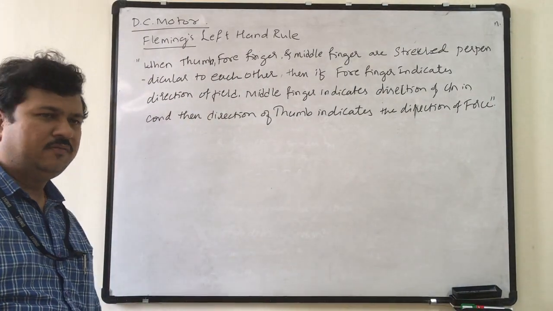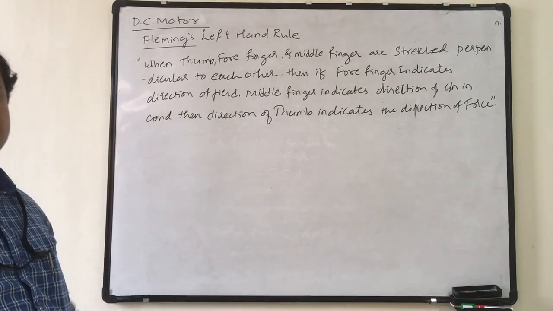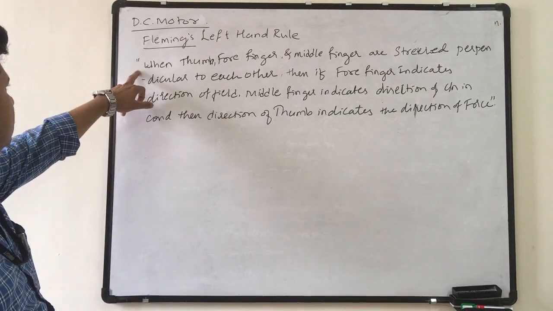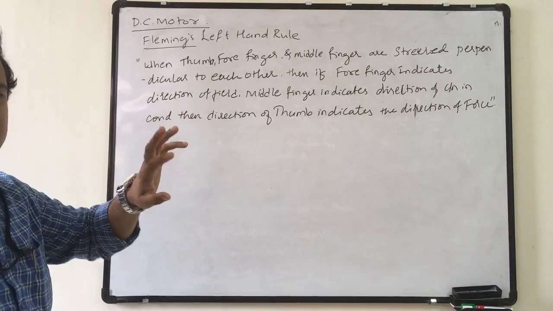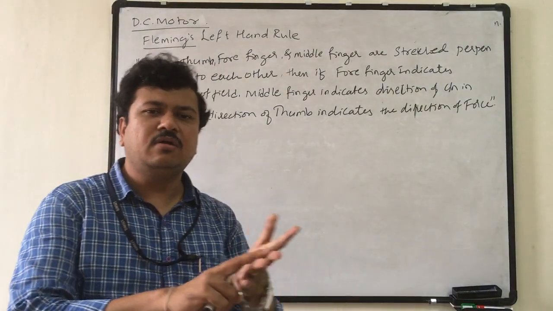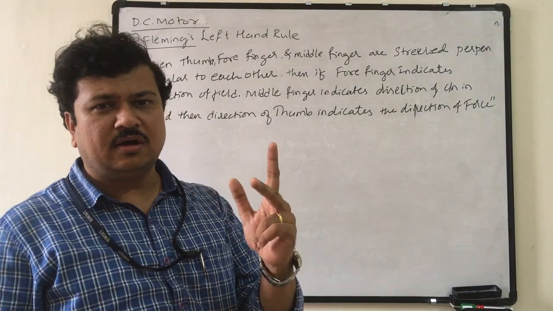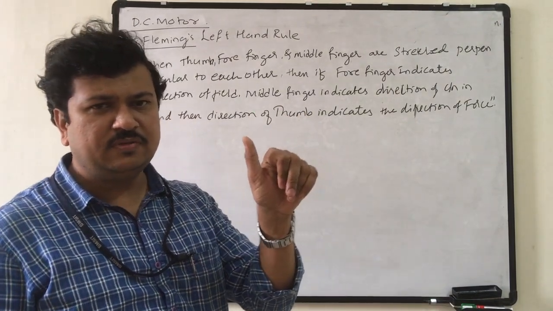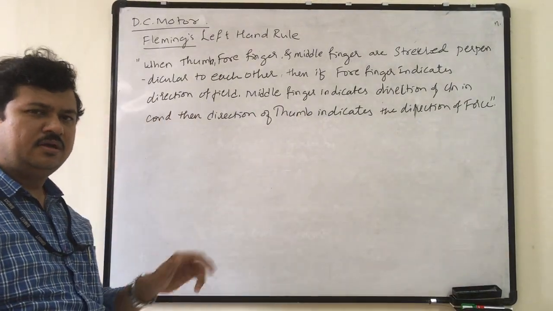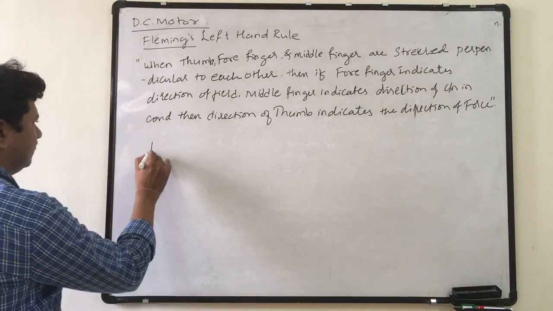The left hand rule has to be defined in the same way, because first I should define what the causes are. Field and current are the cause, the effect is the motion of the conductor. Okay, so forefinger, how to remember this?